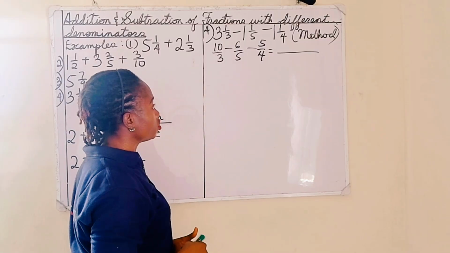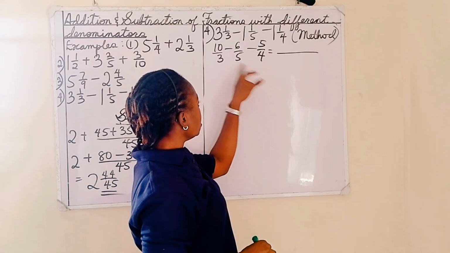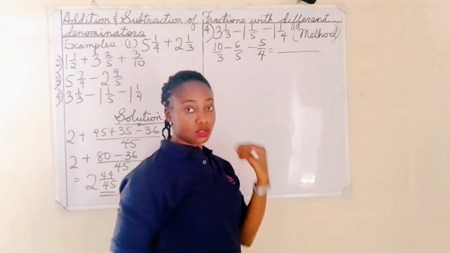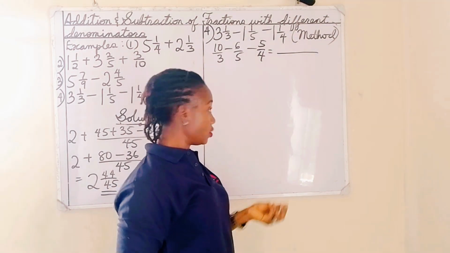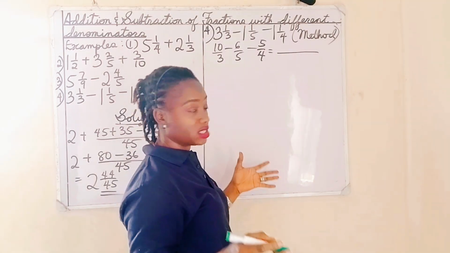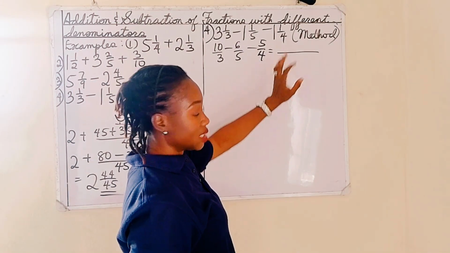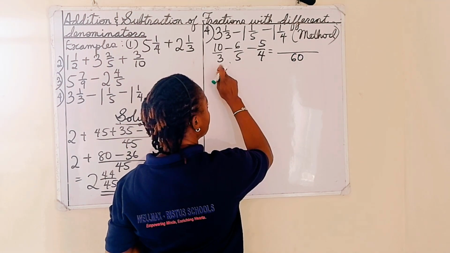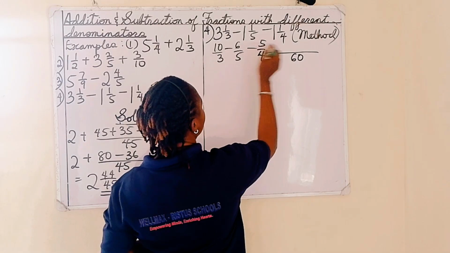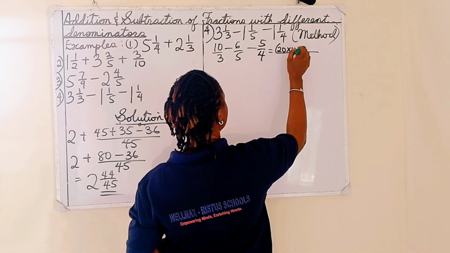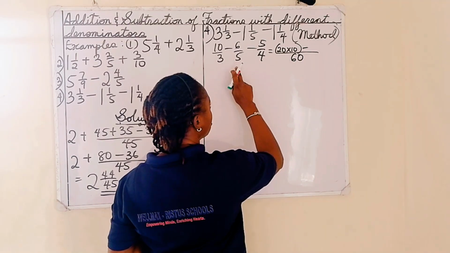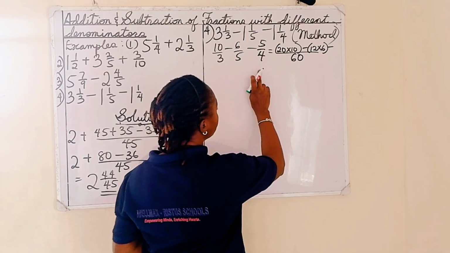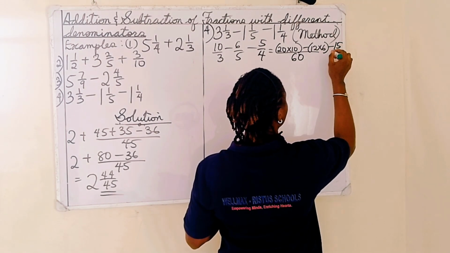So which number are we going to use here? 4 times 5 is 20, times 3 is 60. We have to multiply everything together because 10 cannot go into the 3 of them. 15 can't go either. Neither can 20 or 25 or 30. So we're going to go with what? 60. 60 divided by 3 is 20. So we have 20 times 10 minus 60 divided by 5 is 12. 12 times 6 minus 60 divided by 4 is,